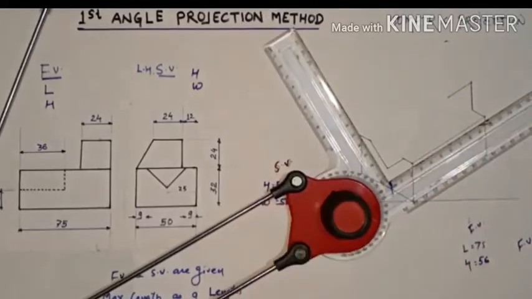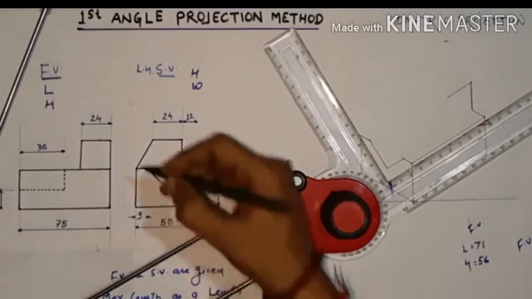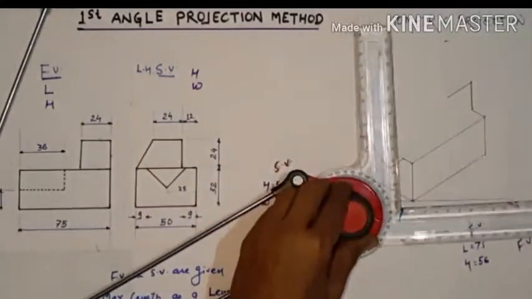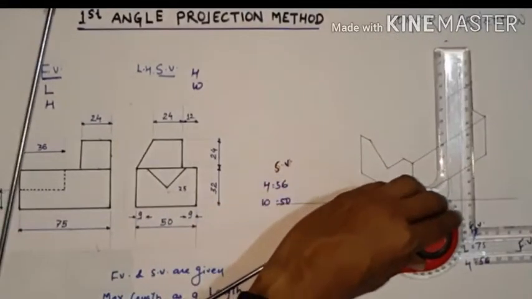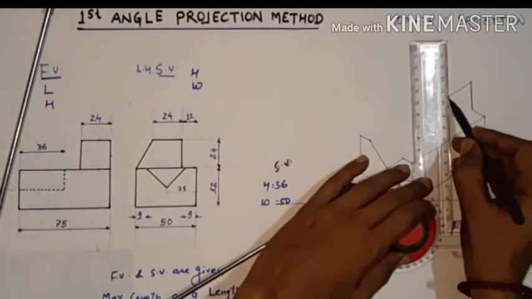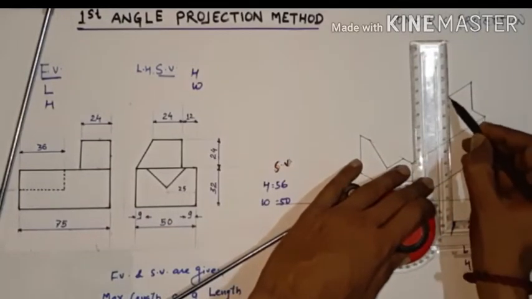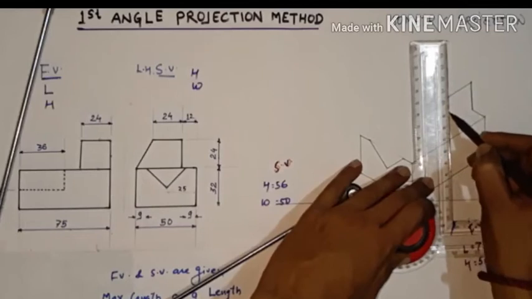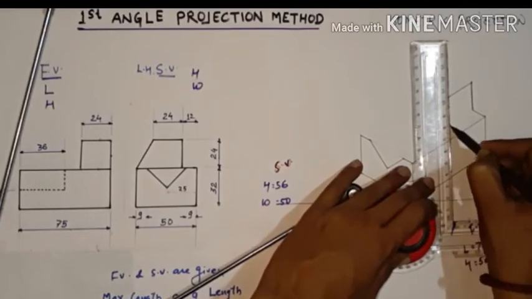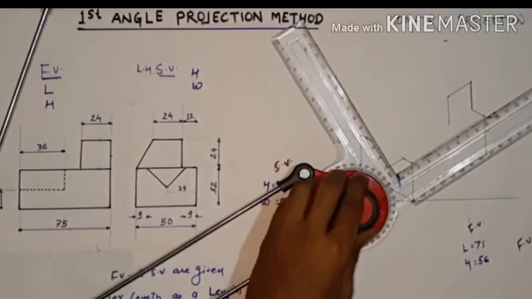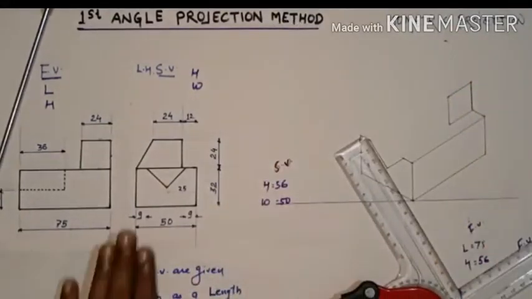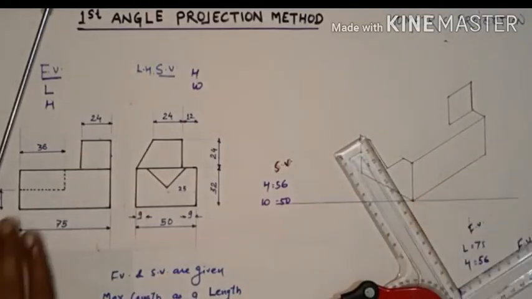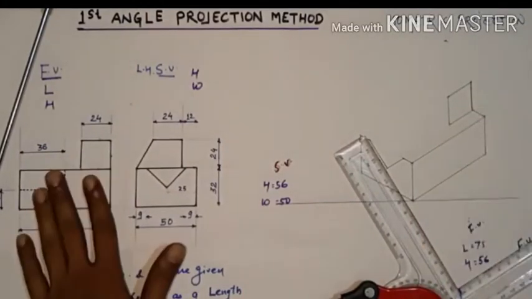Okay, so this is like this, no doubt. Now this again is parallel to this line. So again we need to take MD parallel to it, parallel to the height, like this. And now again we need to draw a 24 mm line. So 10, 20, and 24, like this. Now joining these two points with a single line, like this. So here the front view is totally completed. You can clearly see this and this complete the front view.